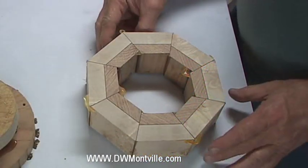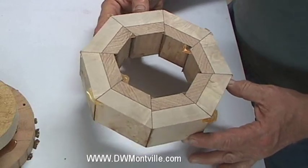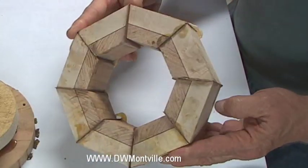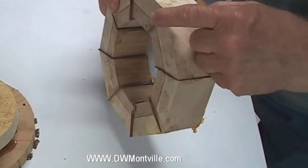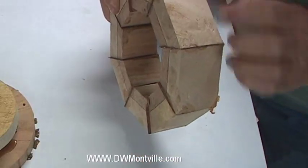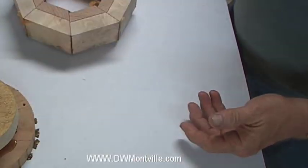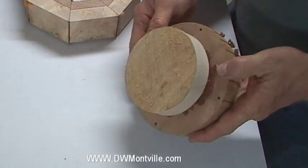I'm getting ready to make another segmented bowl, and here you can see I've got the first bowl ring put together. I say first, it's going to be the only one that's going to comprise the main body of the bowl. This is the top surface, which is not yet trimmed off. You can see I've got these uneven inserts sticking up still, but the bottom is sanded flat, and that will